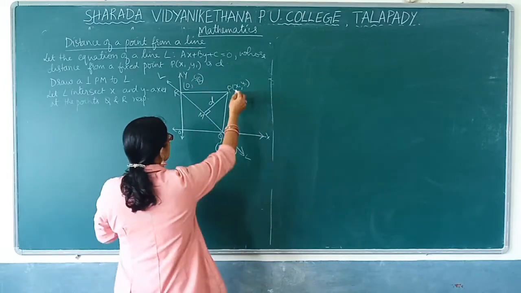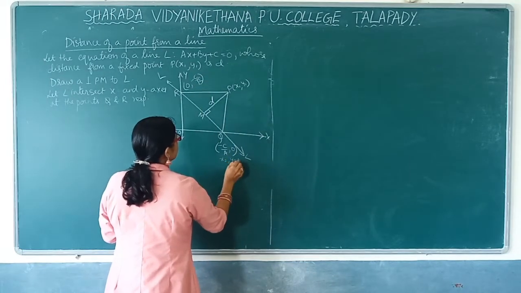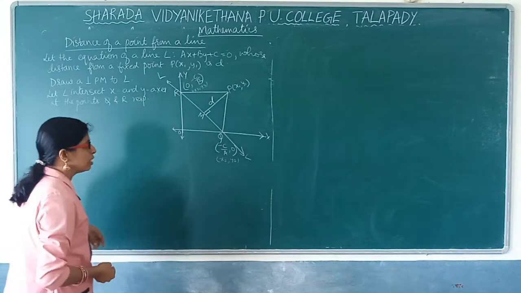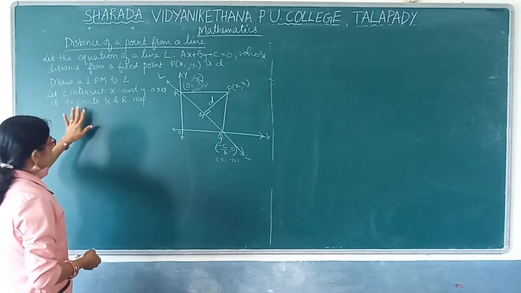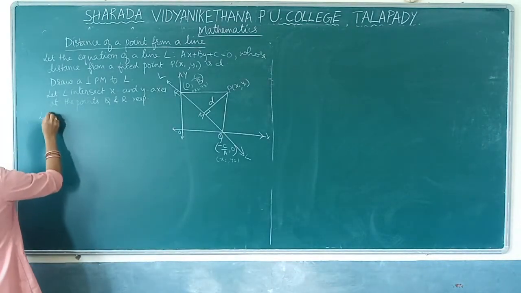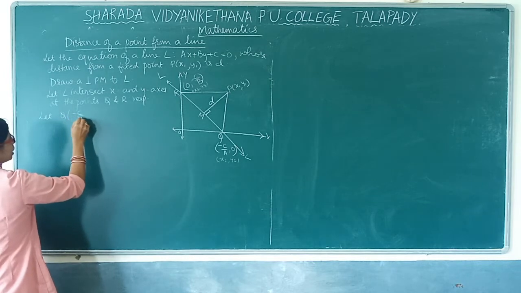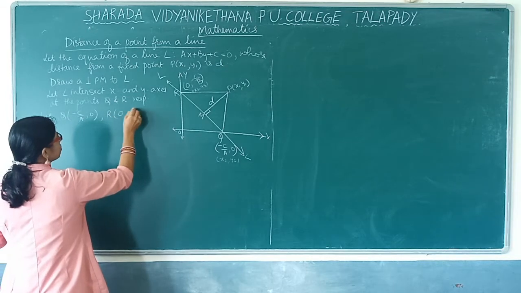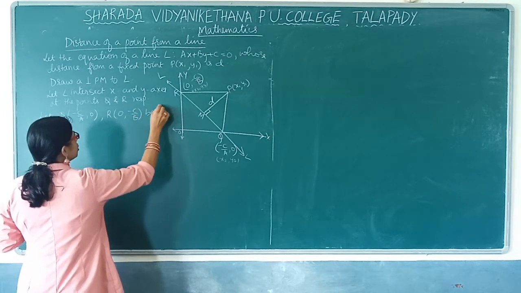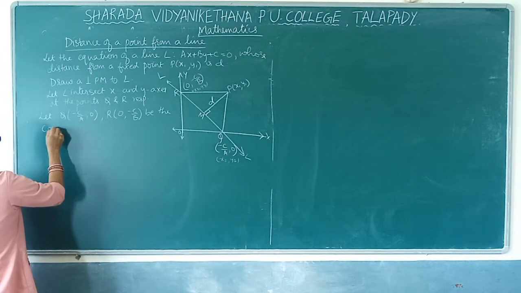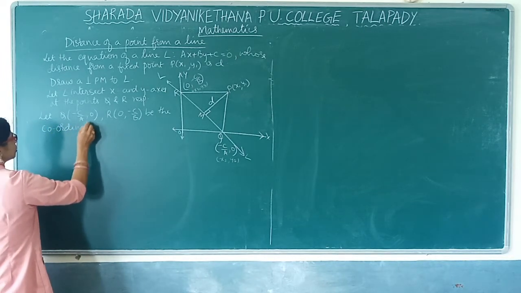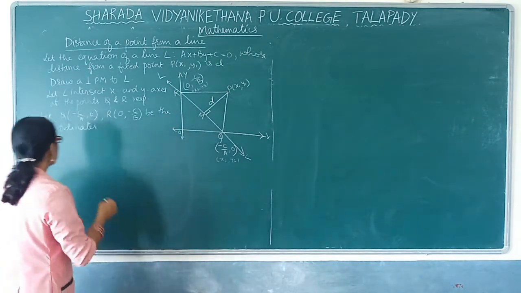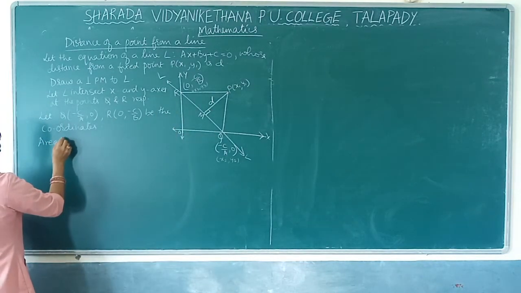So we will take this as x1, y1, let this be our x2, y2 and this be x3, y3. For our reference, I will tell you why we have considered it like this. So now I will write that Q is (minus c by a, 0) and R is (0, minus c by b) be the coordinates. So we will consider this triangle PQR. Okay, so the area of triangle PQR